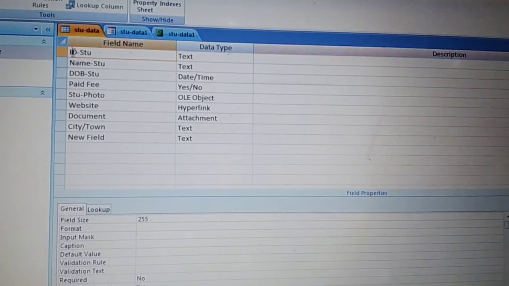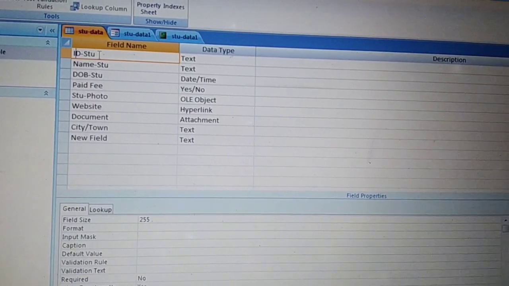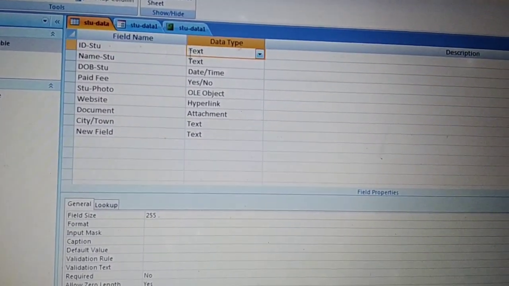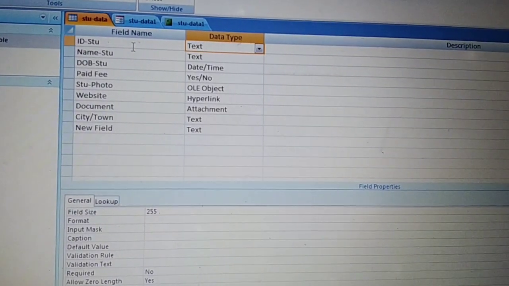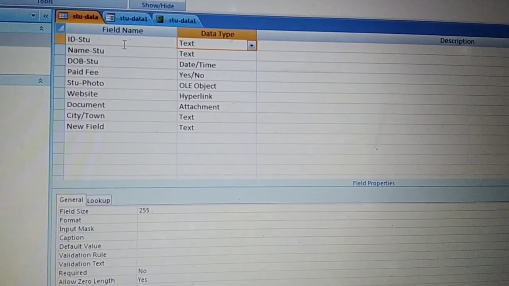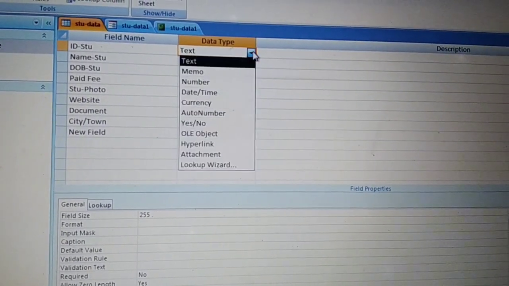So the first field is student ID. The ID of the student can be in number as well as in text, right? So therefore I have taken the data type text.